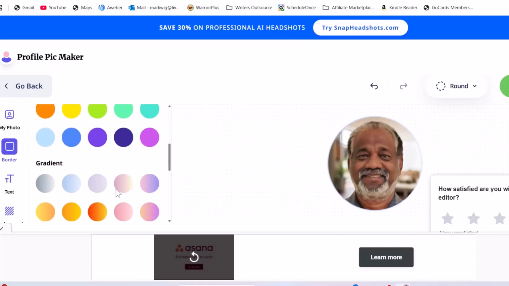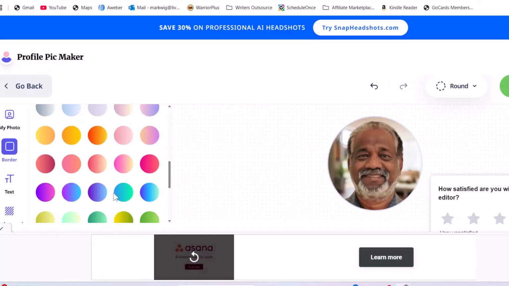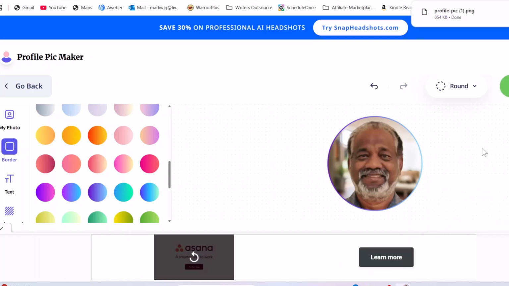Let's just go with something a little bit more cool like that. Yeah, so we can go with something like that. All right, and then once you've got it and you're happy, you just simply go ahead and download it, and that's it. That's how you can create your profile picture, really simple stuff, and it looks kind of